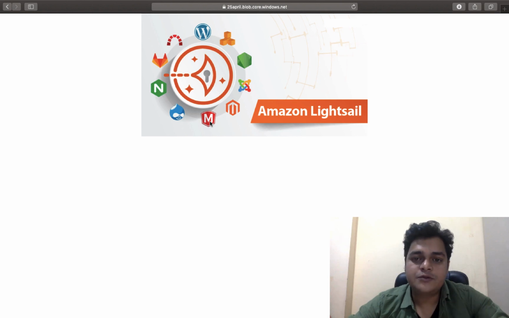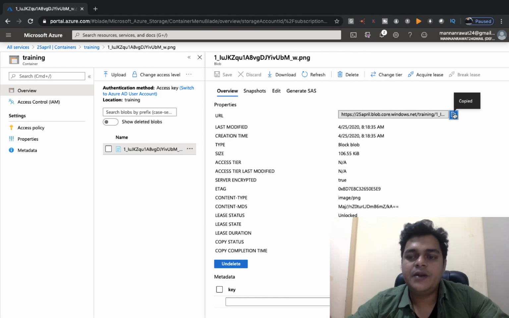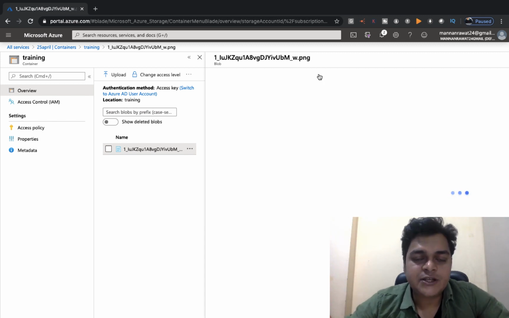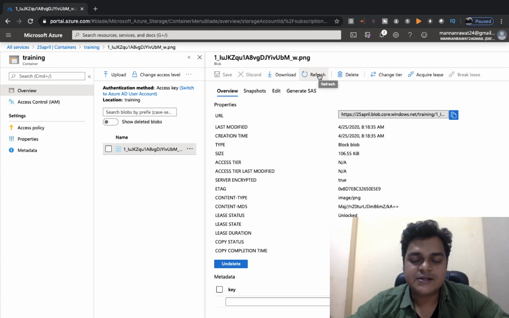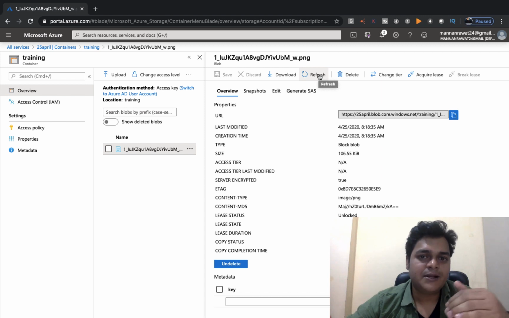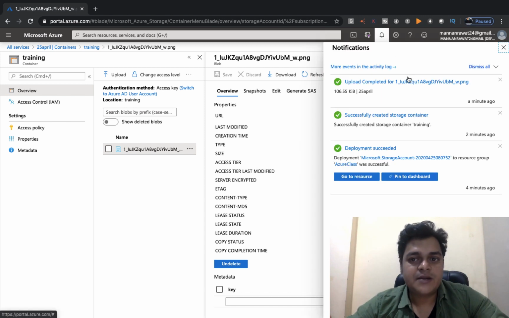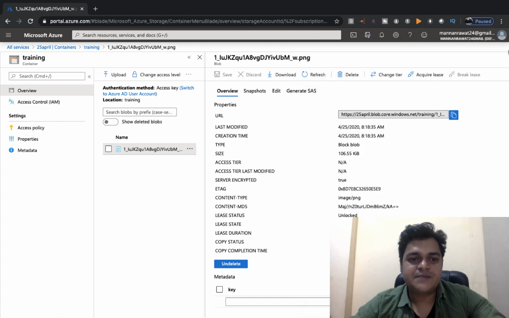If you are planning to share your data with anyone, you just need to copy the URL and mail it or share it by any method, like WhatsApp, to the person who wants to download this particular data. So this is the information related to the storage account and the container service which is available in the storage account. I hope you understand the configuration steps to create the storage account and manage the container services.